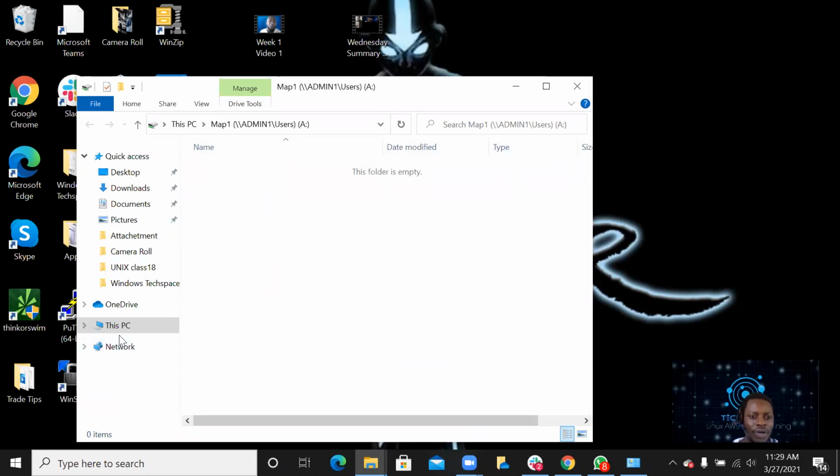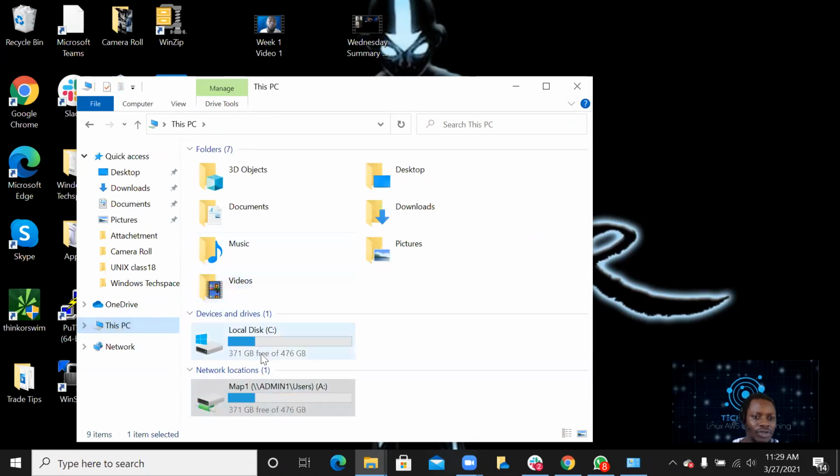But if I go now to this PC, it's going to show me that I have 2 drives right now. This one is the one I've been mapped to. That's the one we just mapped right here. And you see how the letter is now A. If I want to map another drive,